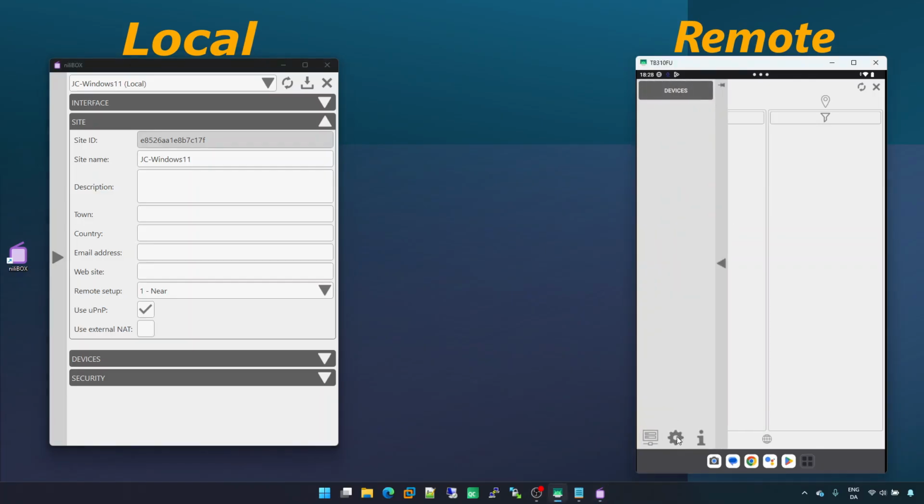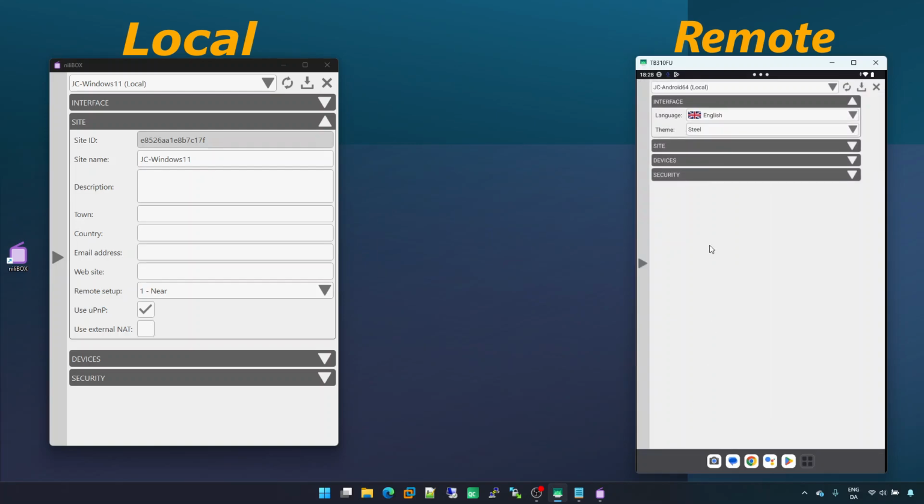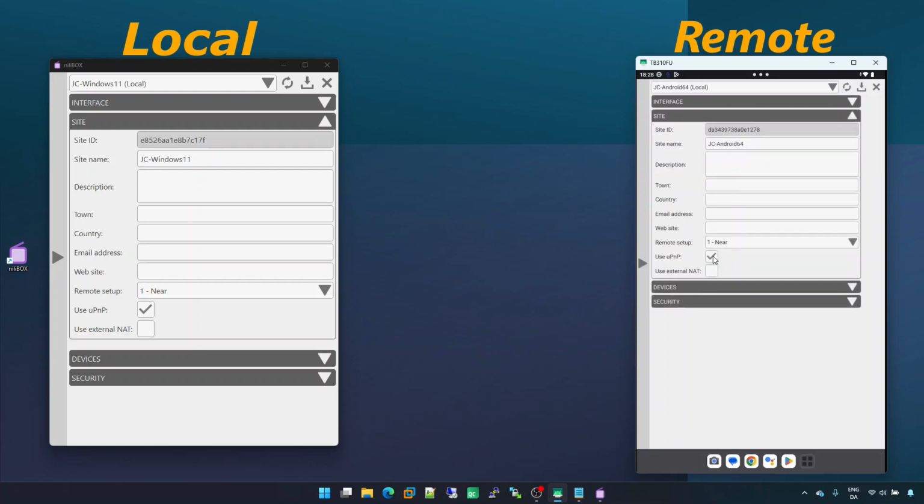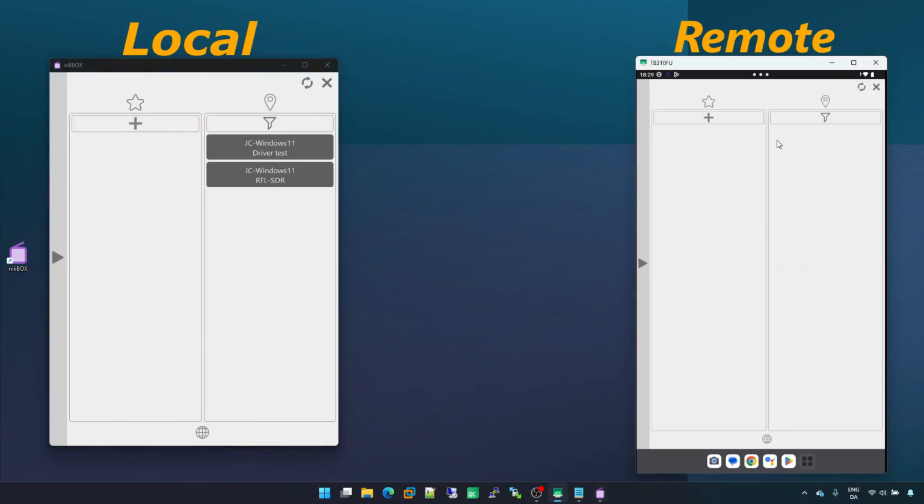But if you imagine that it is in another local area network, remote, if you set UPnP here and you remove it from here, this UPnP at the client side, so at the remote side, will facilitate the communication with the local one. This is what I called a callback connection. So the remote instance will ask the local instance to call back this remote instance and establish the communication. I will put it back as it was before with UPnP, and now we will cover the last mode of